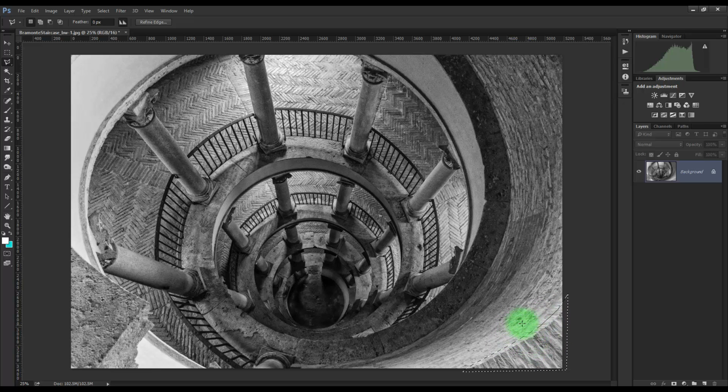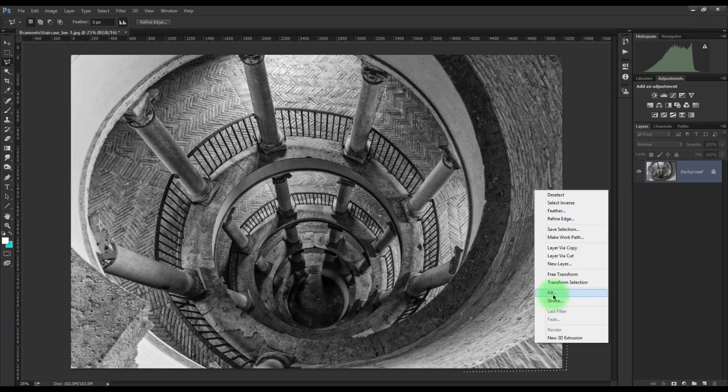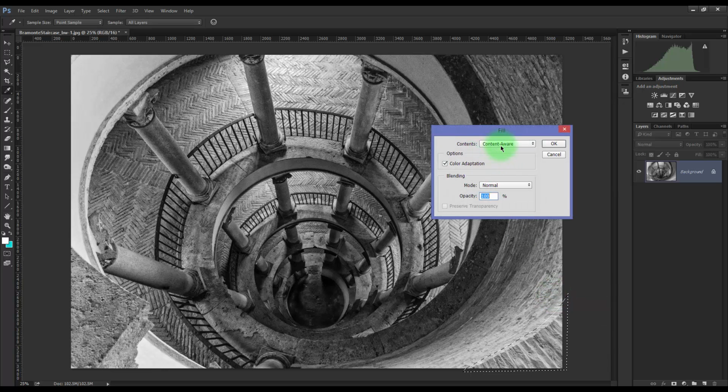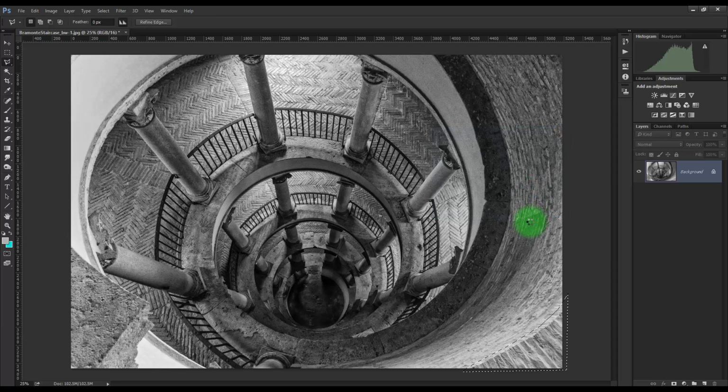So I'm going to go ahead and select this and then right click in the center and choose Fill, and then make sure that it's on Content-Aware up here in the drop down menu. And you can also use the target to target an area for the fill or a place to look for the fill, but I usually don't have to do that. The program will go ahead and do it. Then select OK. Takes just a few seconds, and you can see there it has done a really nice job